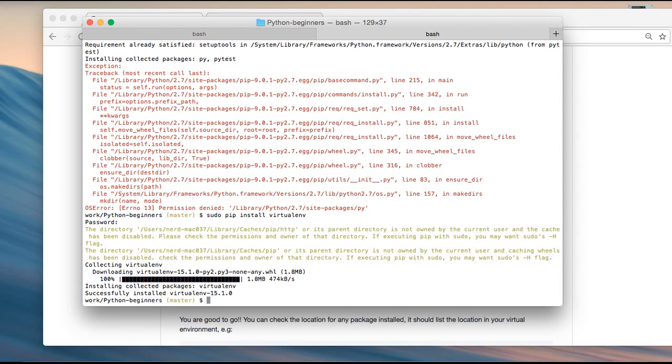Okay, so I've successfully installed virtualenv on my machine, and now